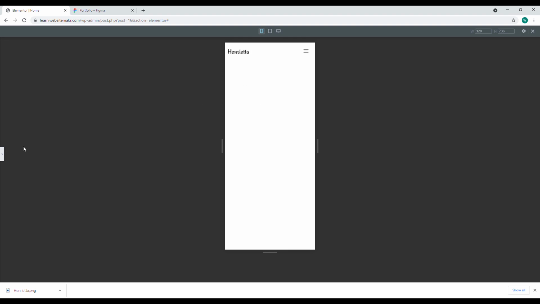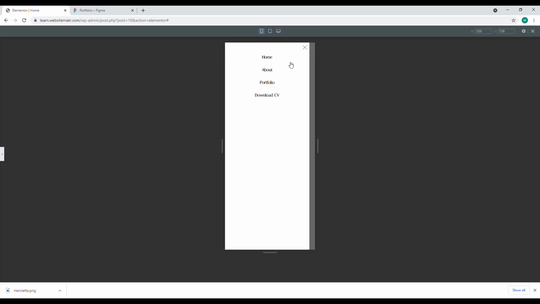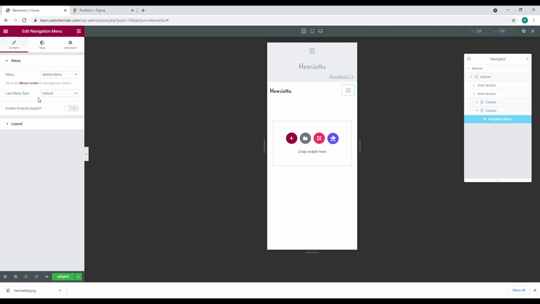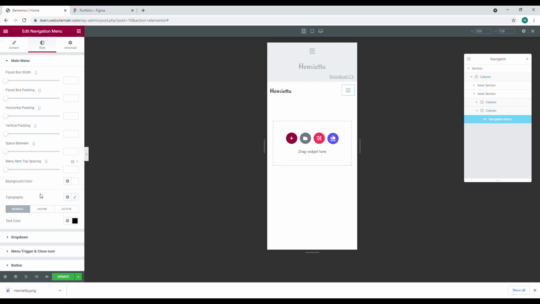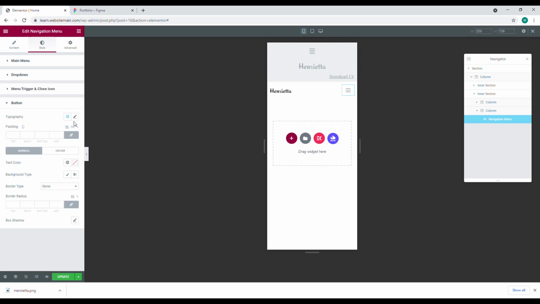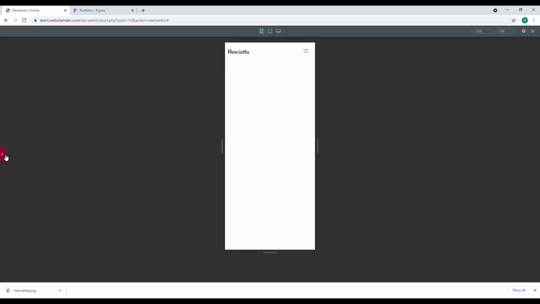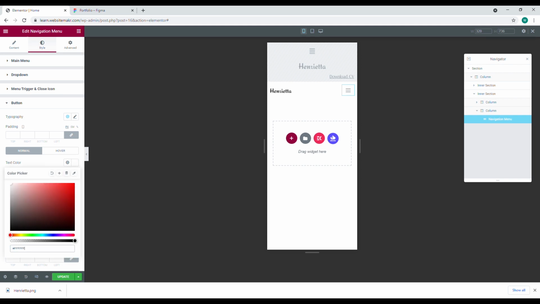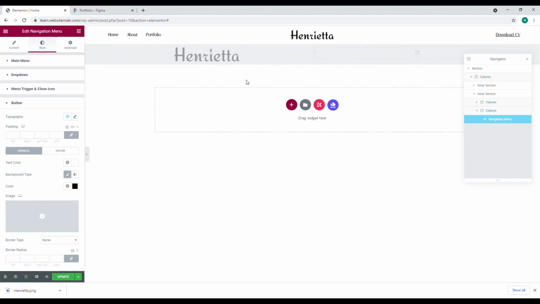And now I forgot to change this menu to mobile menu, so let's change this to mobile. We'll have this download CV, right? And then now I'm gonna change the last menu item to button, so this will be the button, right? I will change the background color of the button to black, right? To black, right? And then now the text should be in white, right? We change this tag color to white, right? And then we have this cool menu now,